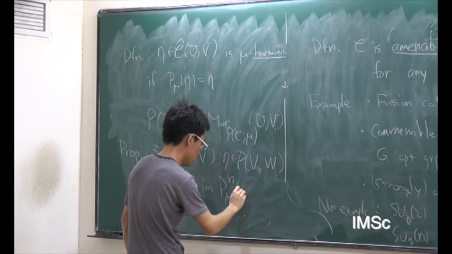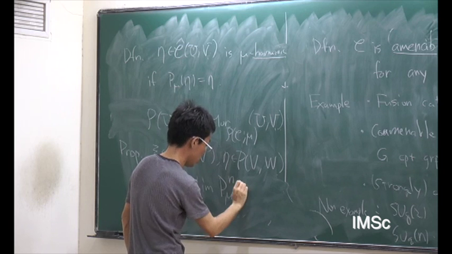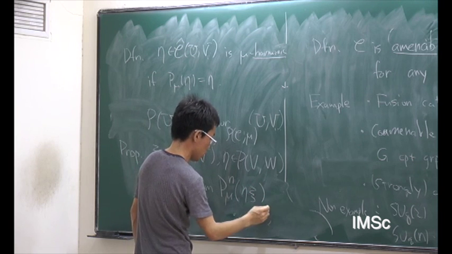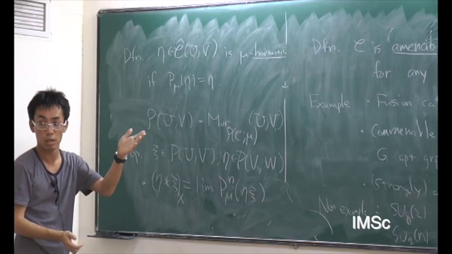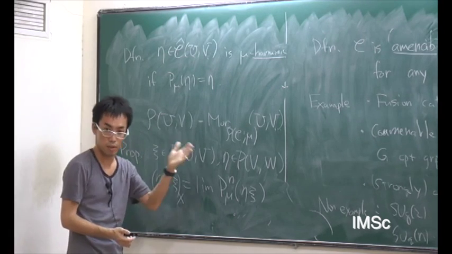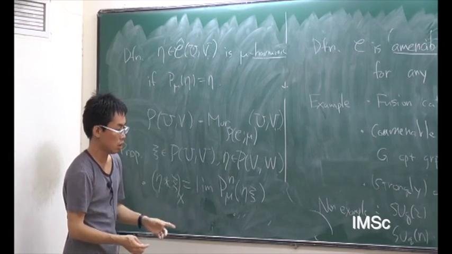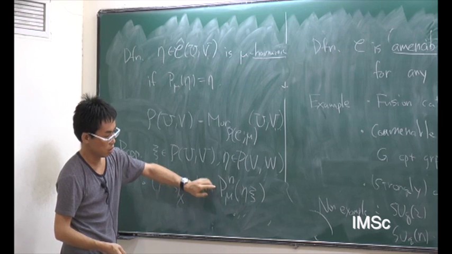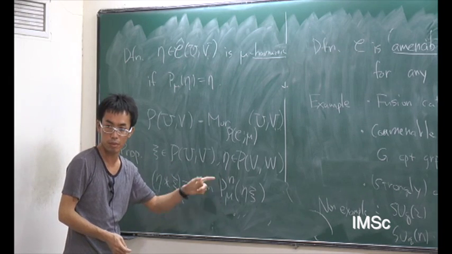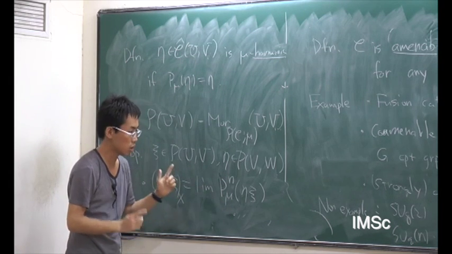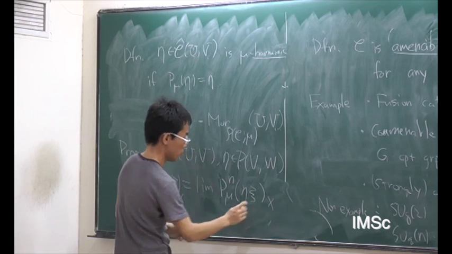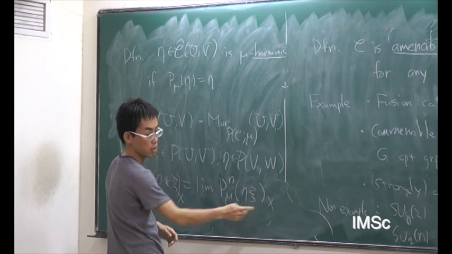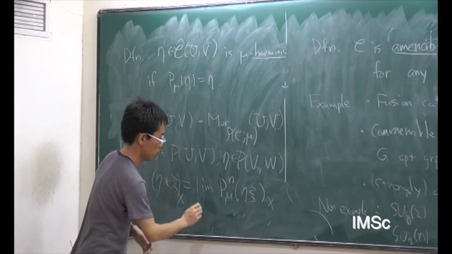PU Xi eta Xi. So this is just a composition in the C hat, a composition of these natural families. And then you start to apply this Markov operator many times. And then the first thing is this actually converges. So if you look at the value at x,